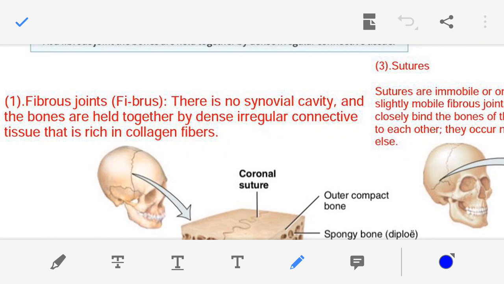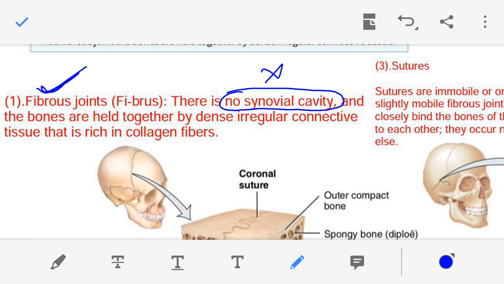Now the first point, what is a fibrous joint? So this is the first point of our discussion. In the fibrous joint, between the bones, there is no synovial cavity. So synovial cavity is absent between the bones in the fibrous joint,